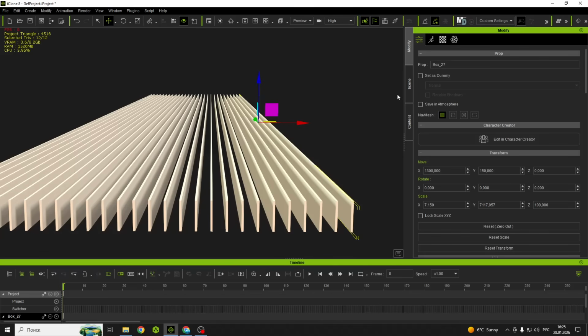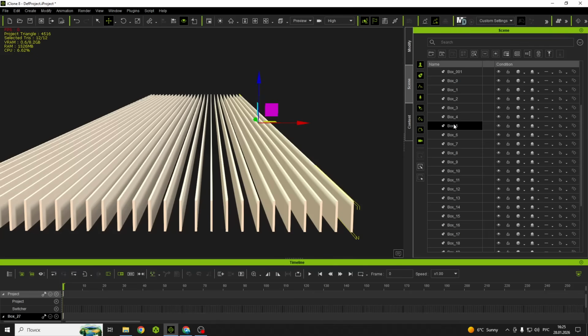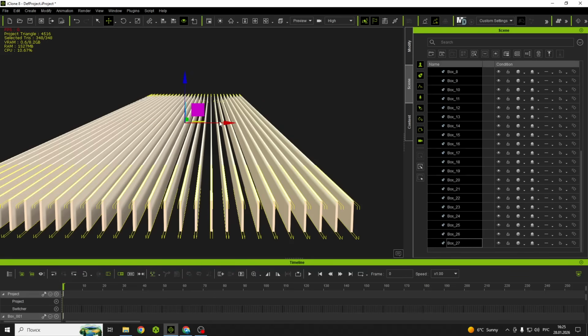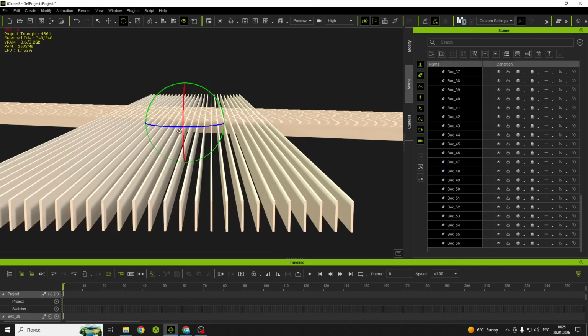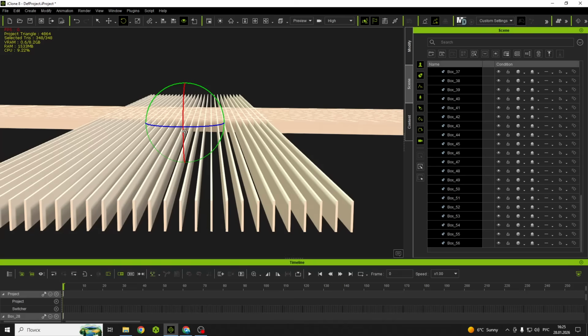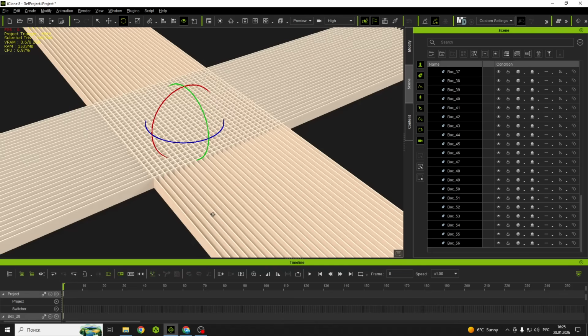And we go to the scenes. It's a box, right? Box 28. We copy all of them. Press E, rotate, and rotation. We rotate like this. As you see on the top, now we have